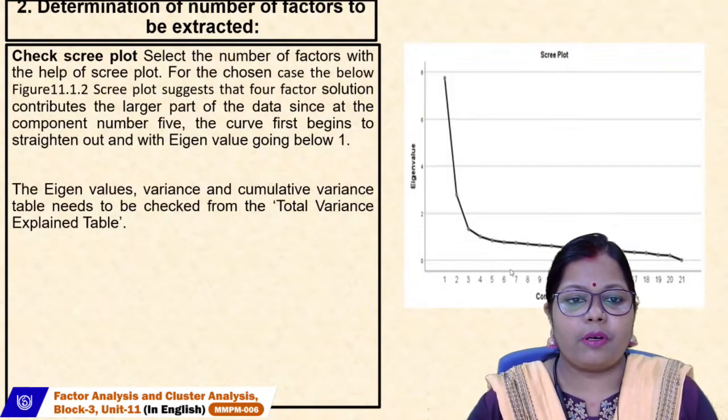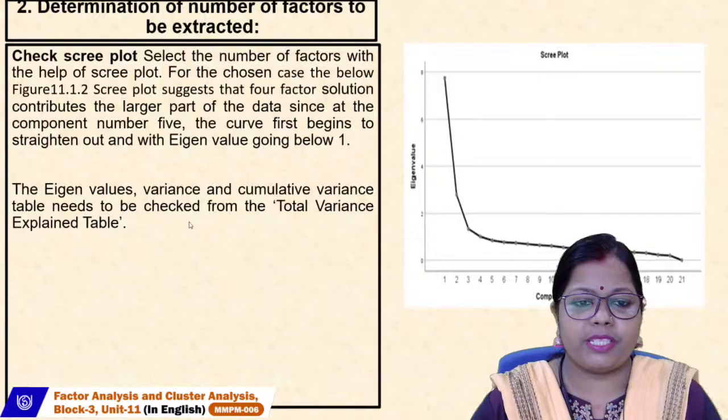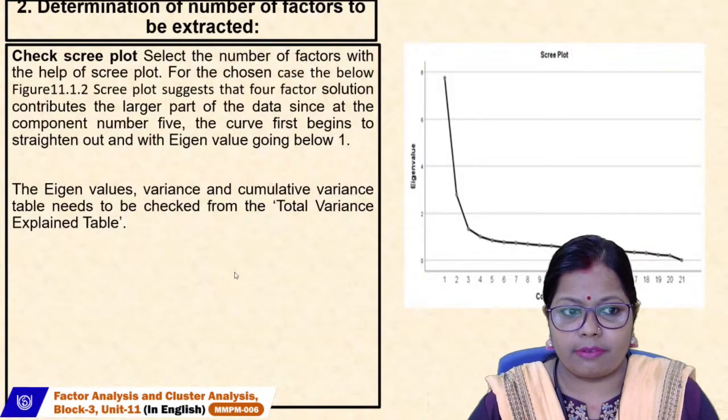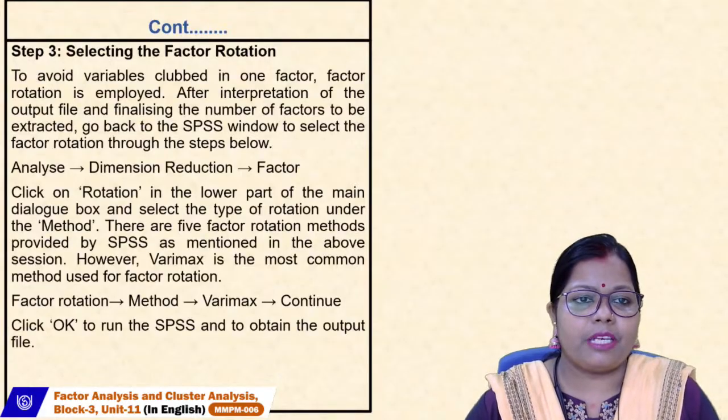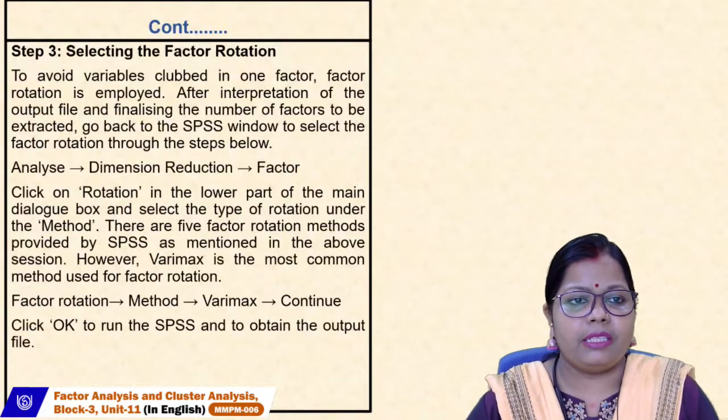This is about the scree plot, how it is declining. So the eigenvalues, variance and cumulative variance need to be checked from the total variance table. So in step 3, to avoid the variables being double clubbed in one factor,